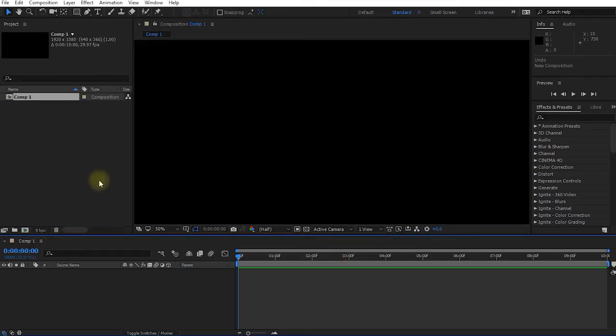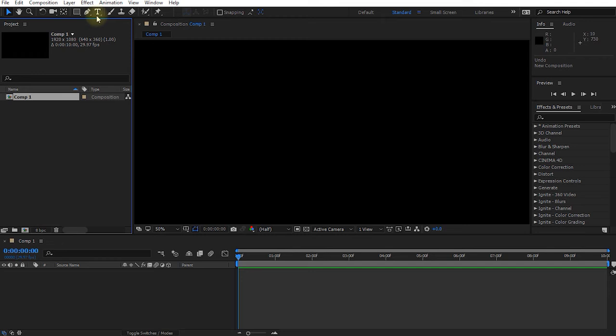And because we've now created a composition in our project, all of the tools just below the main menu bar are now enabled. Now, what tools you have available may differ slightly depending on which version of Adobe After Effects you're using, but for this course, all of the tools you will need to follow along will be available, even if you're using a pretty old version of Adobe After Effects like CS3 or even before that.